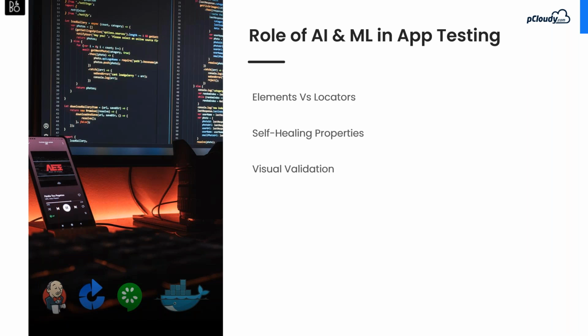It answers questions like: is an element the right color or in the right position? Are there any overlapping elements? This is a very important type of testing because visual bugs occur more frequently than we want to admit, even for big companies like Amazon and Google.